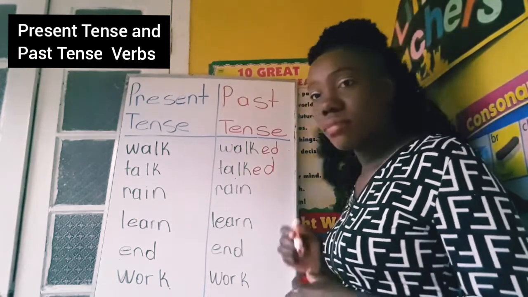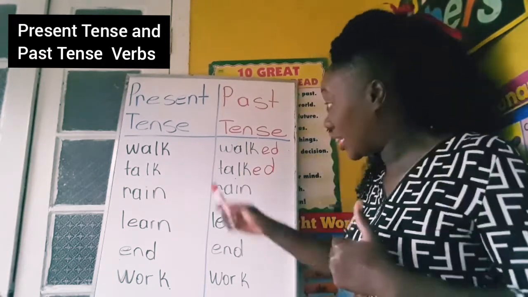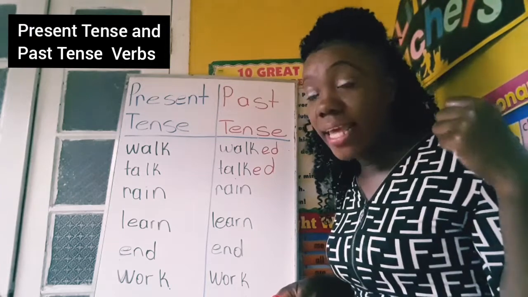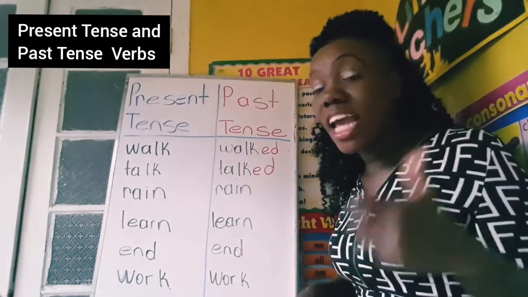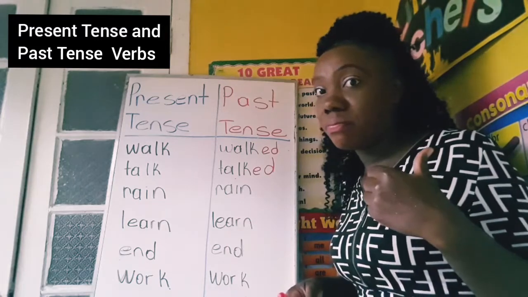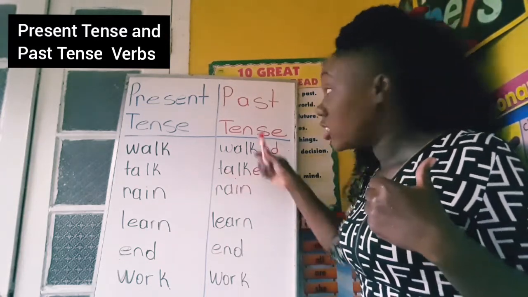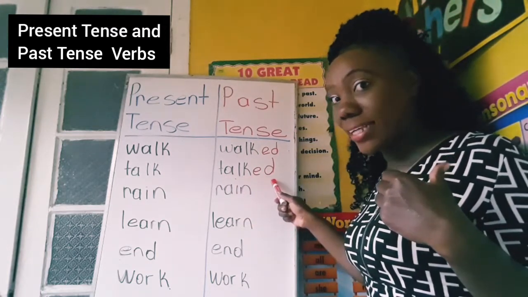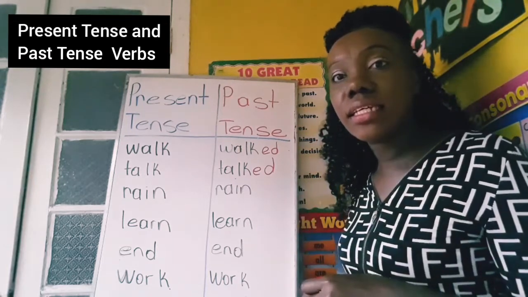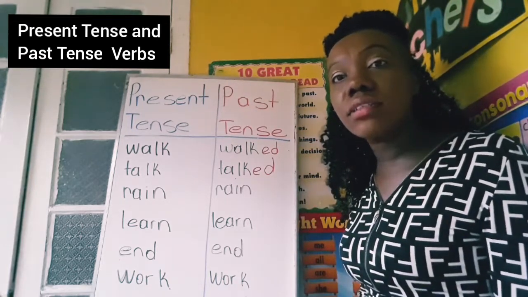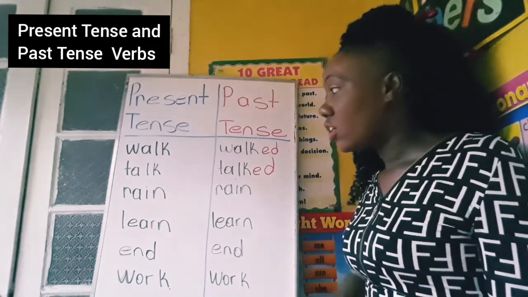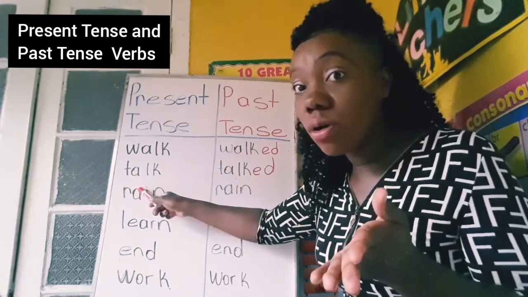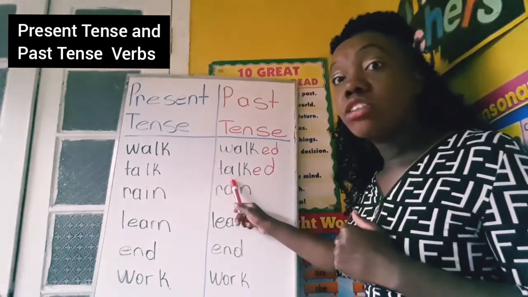E-D. That happened already. This talked happened already. I talked yesterday, or I talked this morning, or I talked last year. It's in the past. So it's past tense. And this is the spelling for talked in the past. Talked. Say that, boys and girls. Talked. Very good. So now I talk. That is what I am doing now. But yesterday I talked.